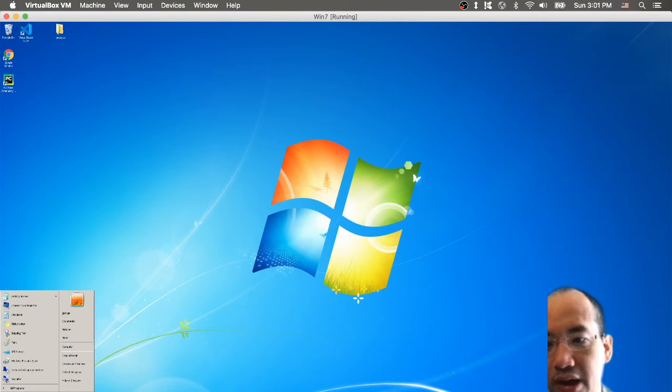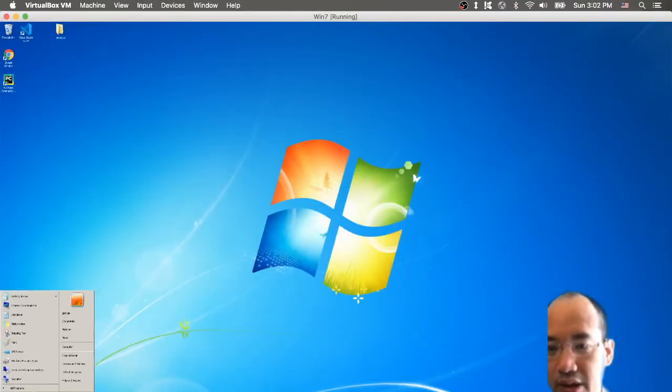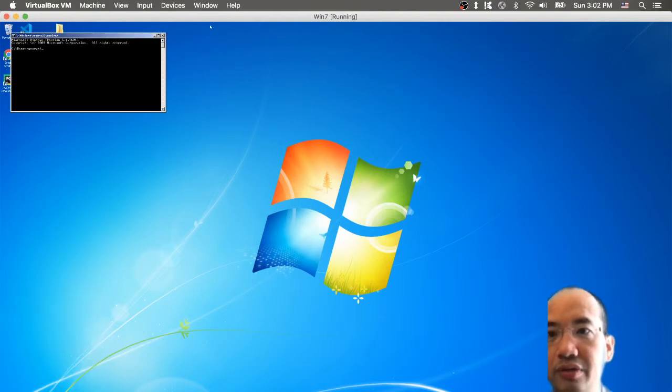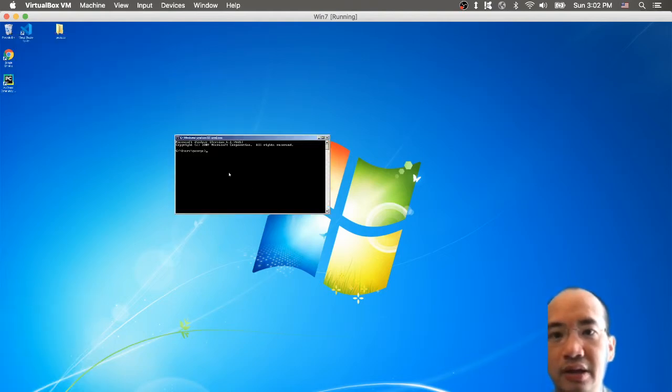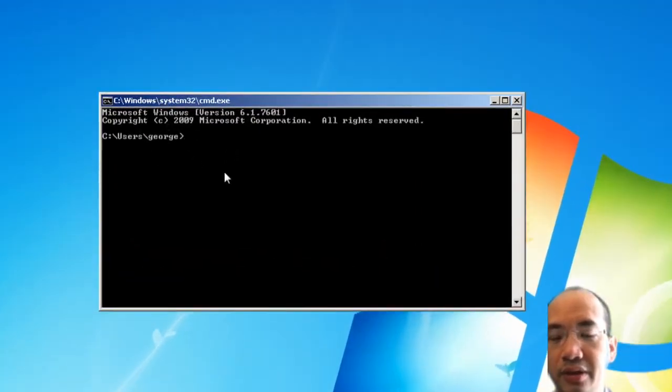Since I am on Windows 7, I just click here and type cmd, and click on the first one. There's a C colon slash, so you can open the terminal in this way. After you open this terminal, you type Python,